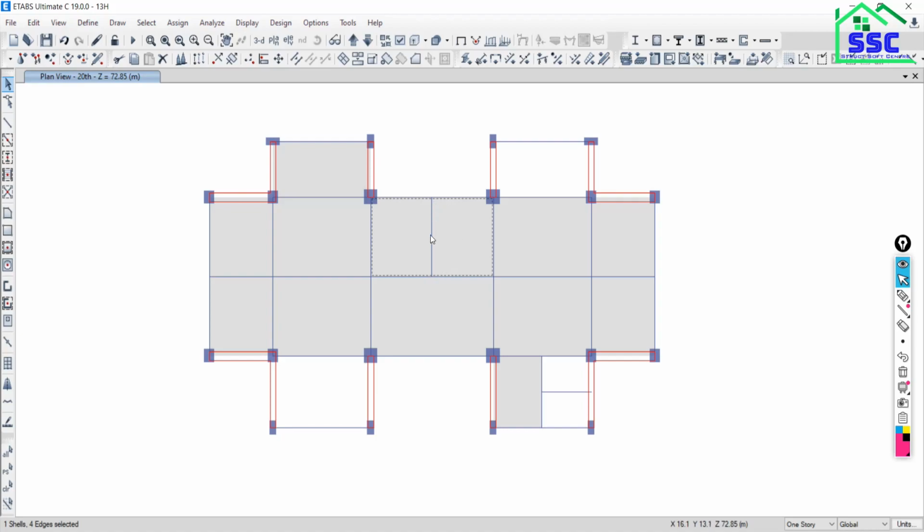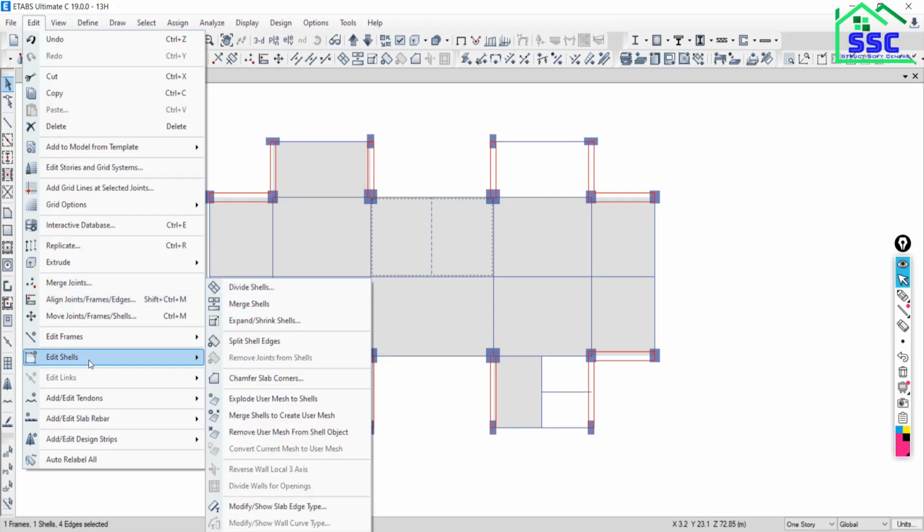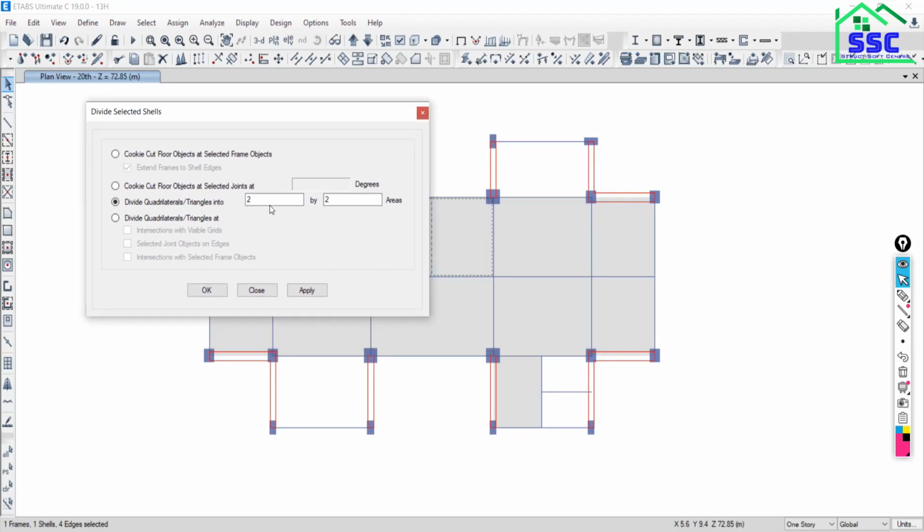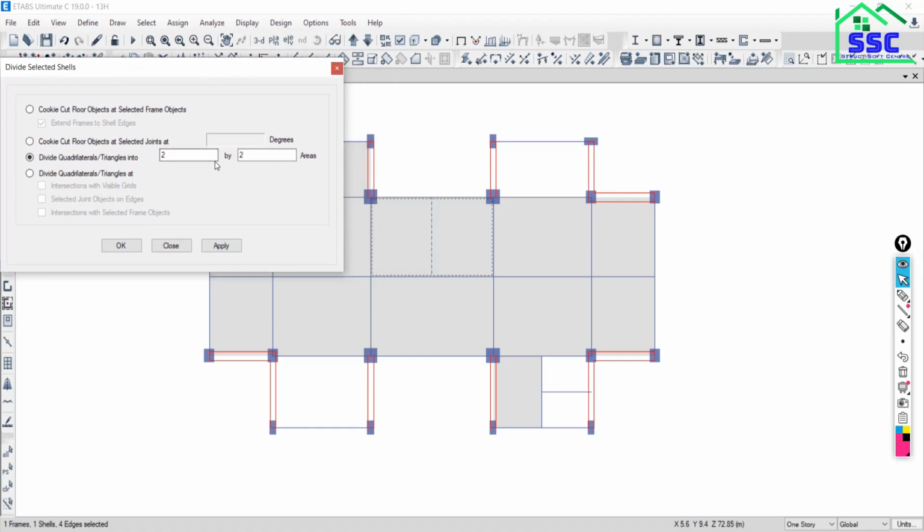So first select the slab, then select the frame and then go to edit shell and here divide shell. Just click over this and this will ask you to break into number of parts. So here I am not interested to divide these shells in number of parts. I want to break cookie cut floor object at selected frame. I want to break the floor about the selected frame. So with this option, say apply. Is it okay? So it is divided into two parts.